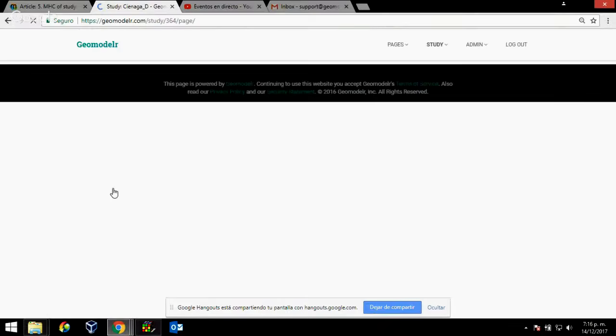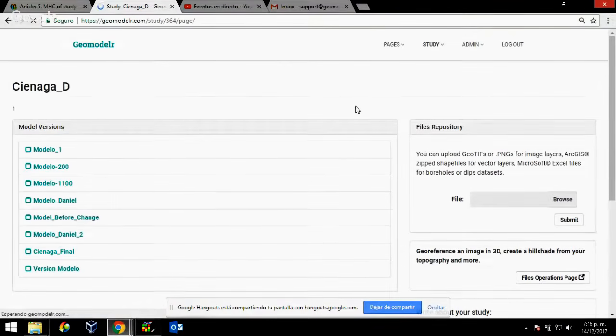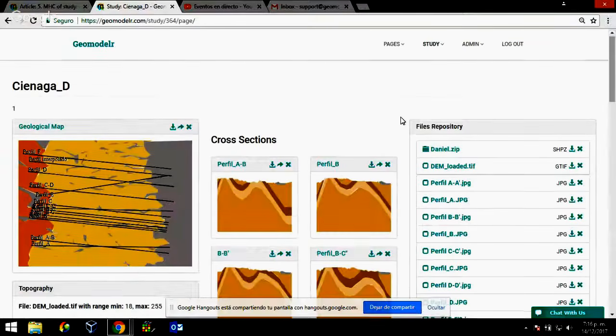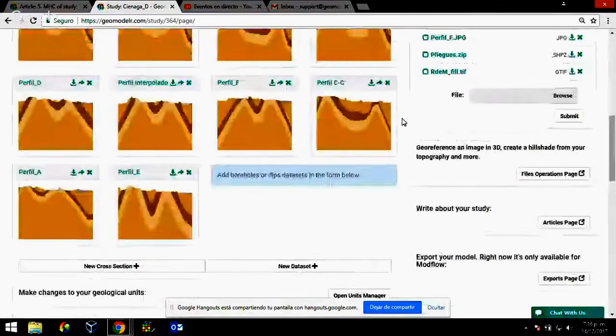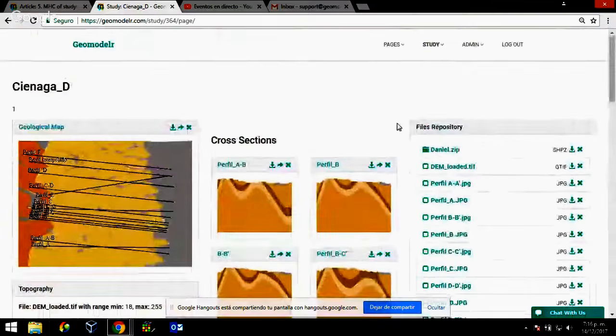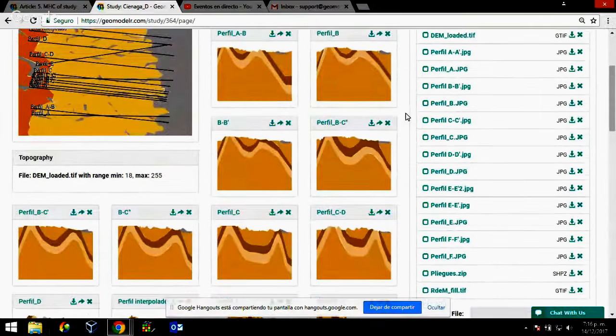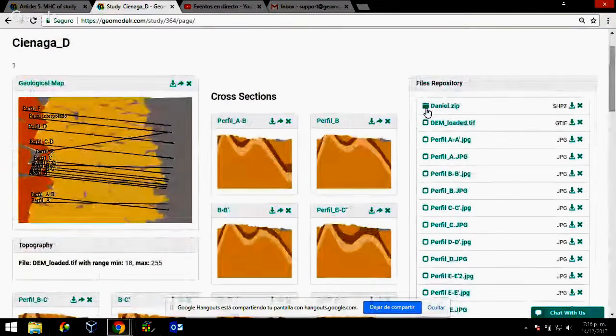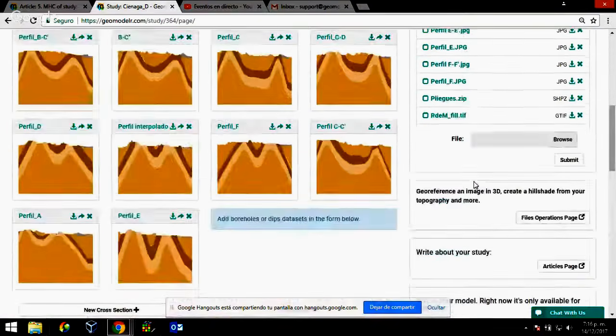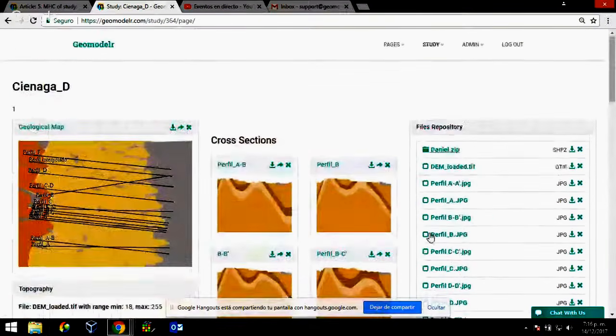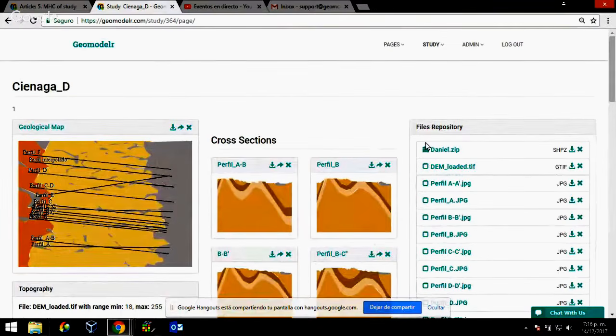Okay, so this is Ciénaga. This is our actual study. This is the actual study where we were working. Okay, so here we have the different files that we will use to model